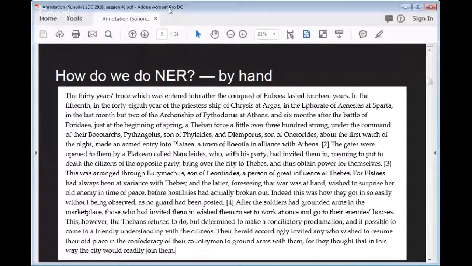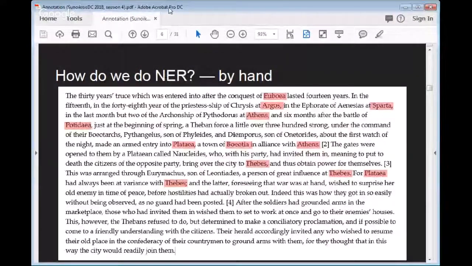We want to make this computer readable because the computer at the moment can only see that this is a long string of Unicode characters, all in the Latin script with a few diacritical marks, and has no particular way of knowing what any of these words mean. But we can go through very easily, and this is something which some of the annotation tools we'll talk about make very easy for you to do.